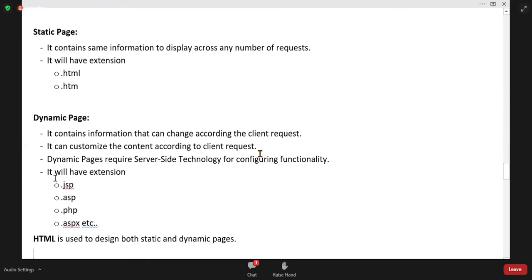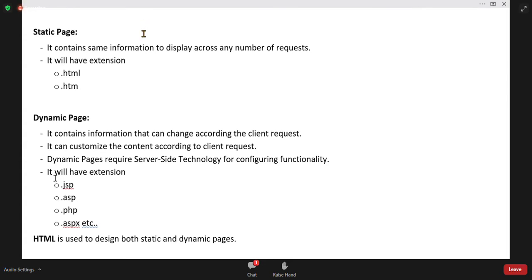A static page and a dynamic page may look the same initially for everyone, but a dynamic page can change its content according to the request. A static page cannot. A static page will have the same information across any number of requests.